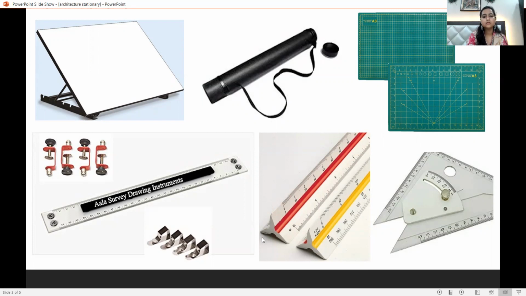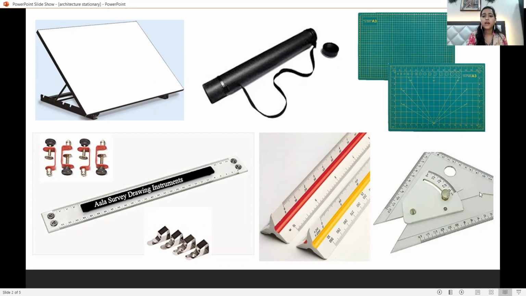And next we have the triangular scale. The plans, elevations and sections that you make in your design project or in your architecture graphics subject should be made in big scales. To convert all those big scales into smaller ones, these scales are introduced, and they have all the measurements in centimeter and meter and in different scales like 1:20, 1:10, 1:15. According to the need, you have to use these scales, and they are only used in the design projects.